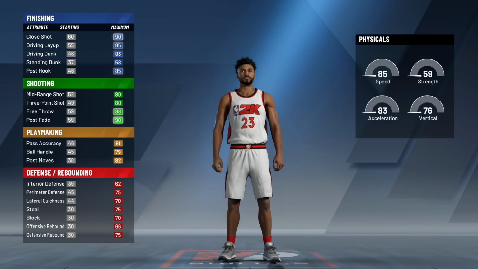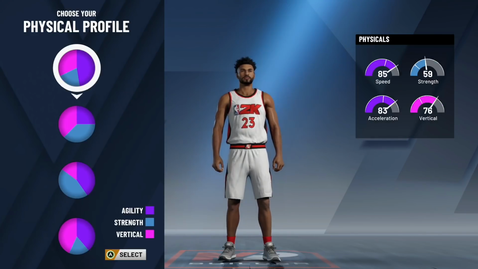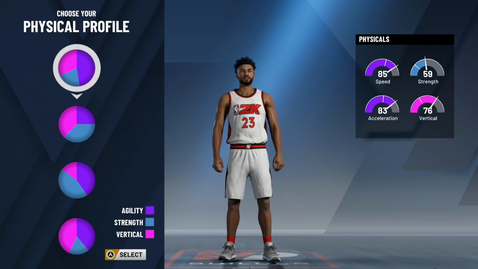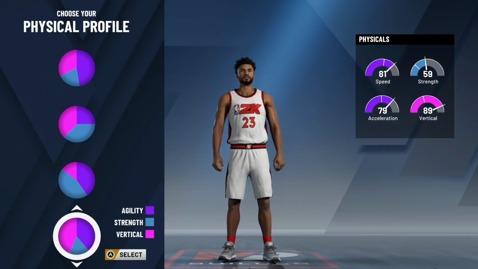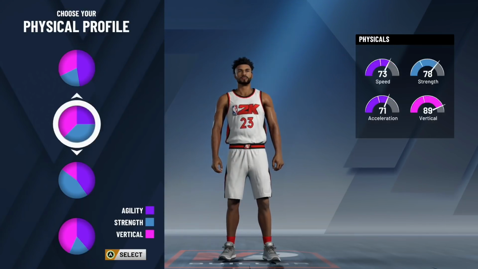Moving on to physical profile of this build, man. I'll either pick all agility or the agility and vertical. Again, like I said with my 2 previous builds, I recommend you pick this pie chart. Look at the vertical difference. 89 vertical compared to a 76 vertical. That's a 13-point difference. That is huge in my opinion. But the speed, 85 speed compared to an 81, only a 4-point difference. If you really want all the speed, I'm not saying it's a bad pie chart, but I personally recommend you